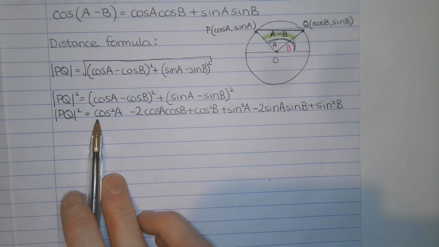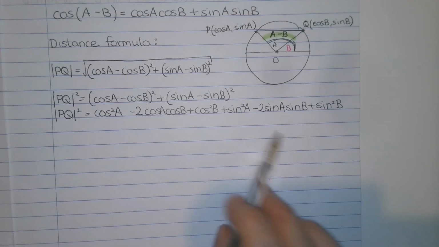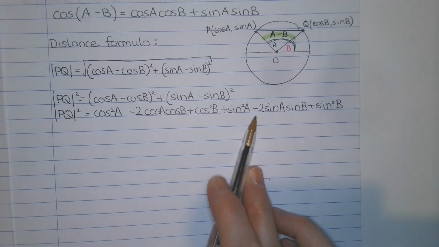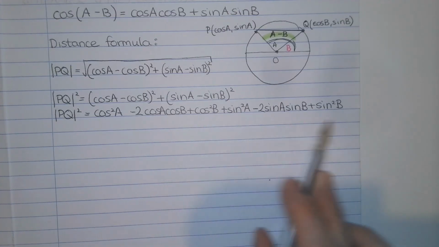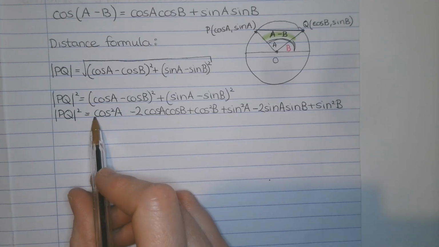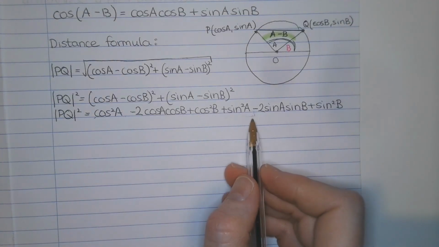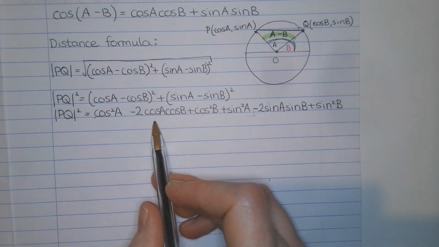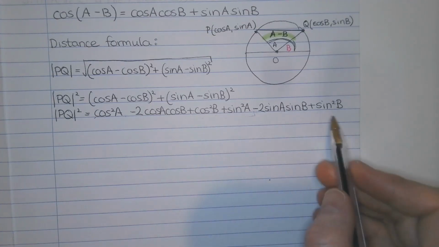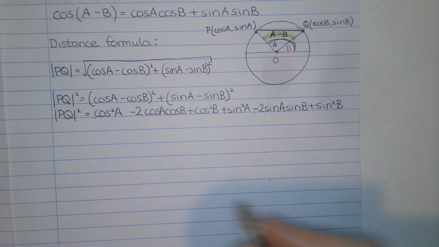Now what we'll notice here is that we have cos squared A and sine squared A, and we have a cos squared B and a sine squared B. What we know from our previous formulas and identities is that cos squared A plus sine squared A is equal to 1, and also cos squared B plus sine squared B is equal to 1. So therefore, we can write that as